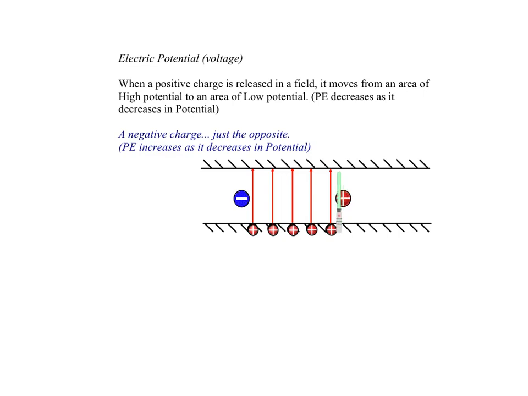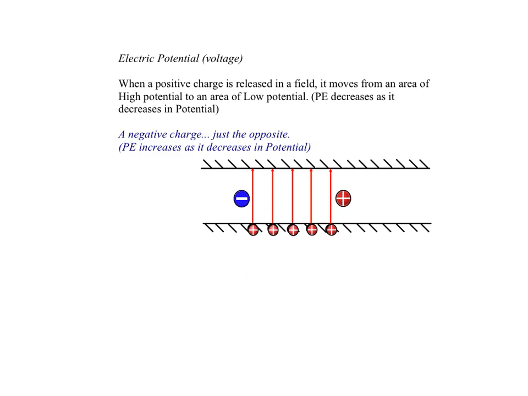So the analog is if it was allowed to fall in the gravity field, the lower it was in terms of height, the lower the potential energy. So if we let the field push the positive charge, it goes to a lower potential energy as it goes to a lower voltage. The negative charge behaves just the opposite. Remember, opposites attract, so if I just let this negative charge go in the electric field, it would attract it towards these positive charges. It would naturally move towards the higher voltage, but in doing so, it would lose electrical